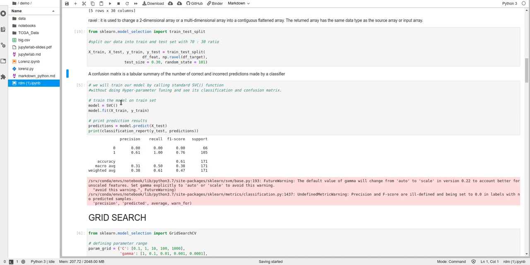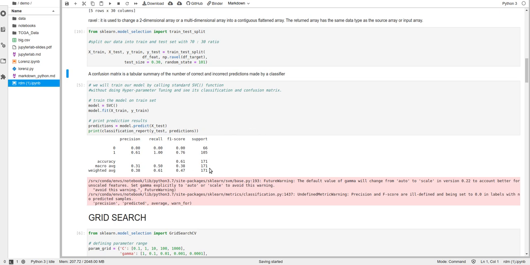The model we are using here is SVC, and it is not trained yet, right? So we have to train this model without any grid search or random search. This is the normal training model.